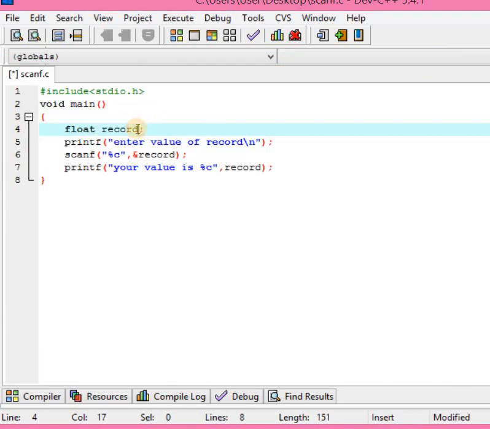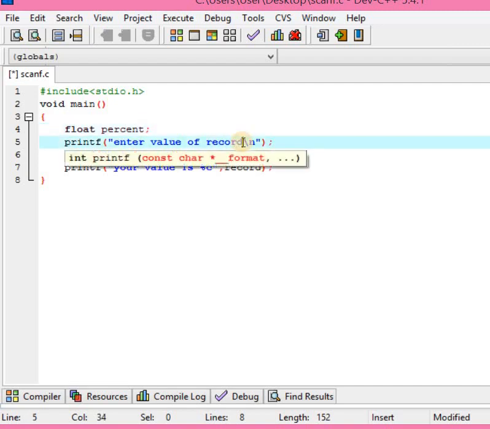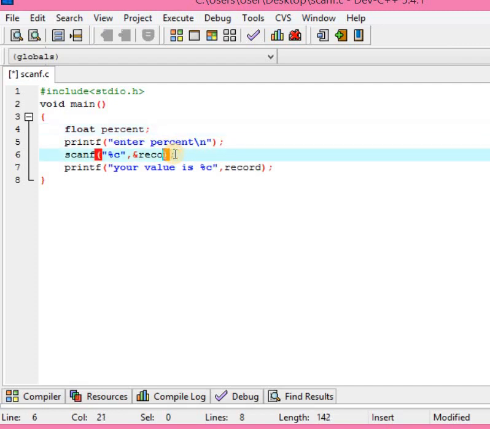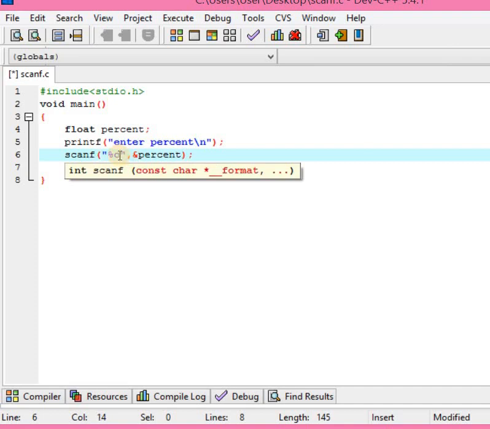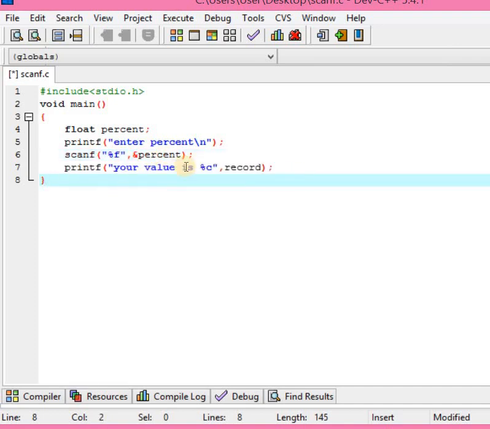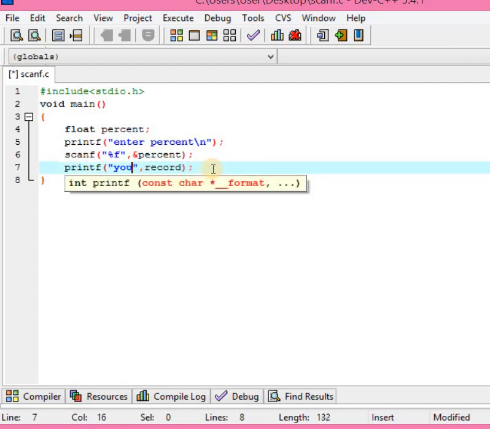Here ch becomes f, enter f, here also f, %f, %f, f.